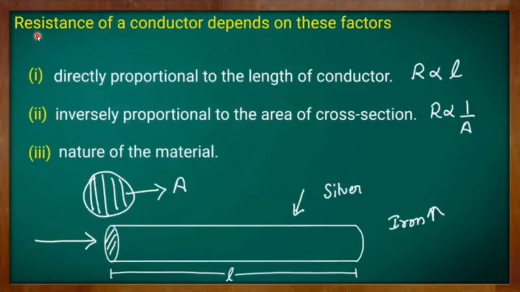Now, let us see some of the factors which influence the resistance of a conductor. That is, the resistance of a conductor depends on the following factors. Before moving to the factors, let us take one example of a conductor. Here, I have drawn a piece of conductor. This will be the length of the conductor. When I say area of cross section, if we view the conductor from this direction, we are going to see